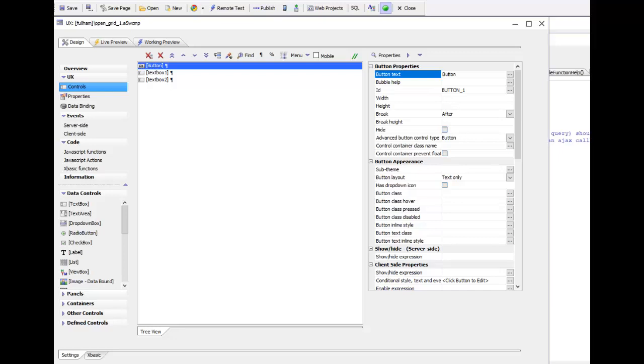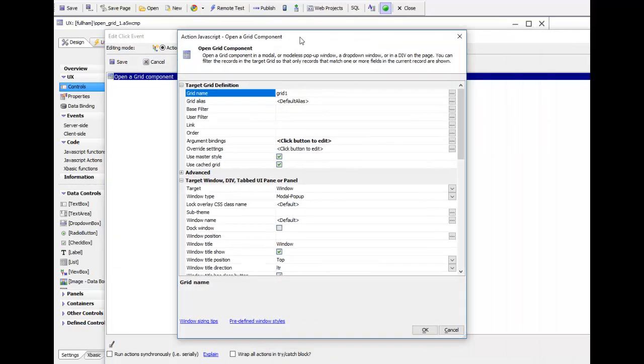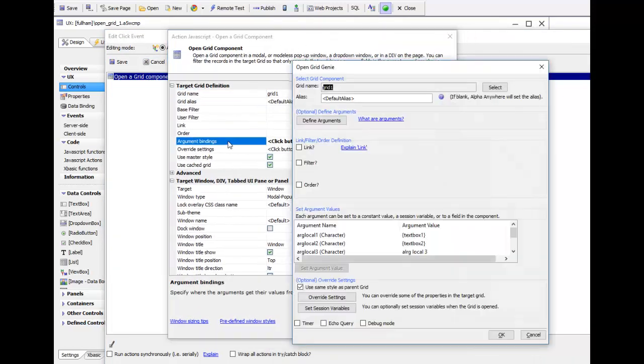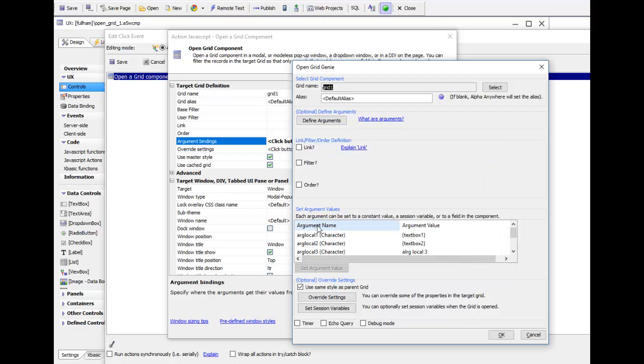In this video we'll discuss how you can pass arbitrary argument values to a grid that is opened up from a parent component such as another grid or a UX component. So you can see here we have a UX component that has a button that's going to open up a grid, and when we define the action to open the grid, you can see that we specified some additional arguments called arglocal1 through arglocal4,